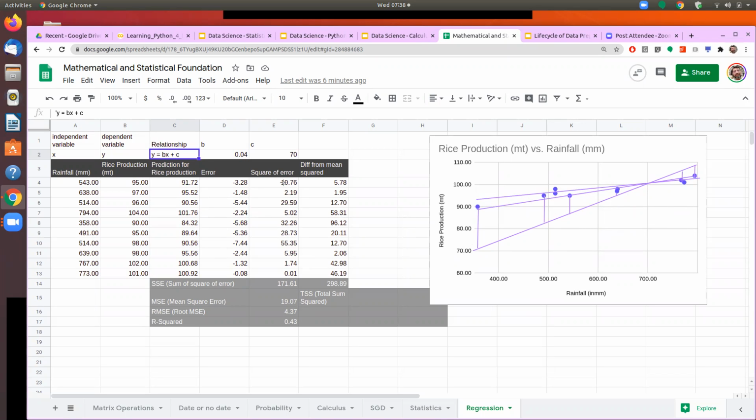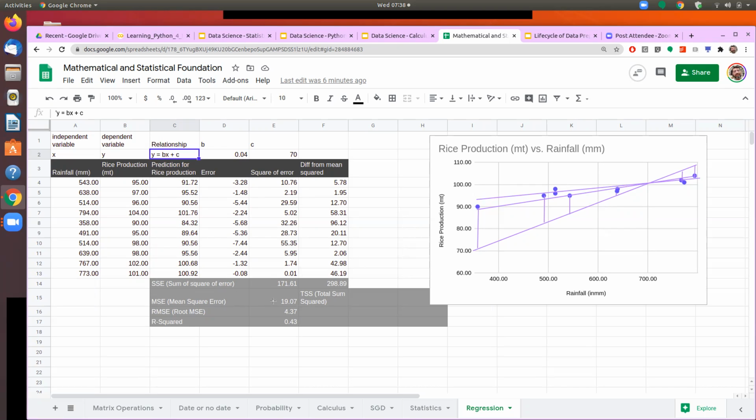Now on a very similar line to what we had taken when we were computing the variance and the covariance, we sum these errors. That's called the sum of square of errors, or SSE. Then we sum it, and then we take the average or the mean of it. Again, the same principle, we divide that by n or n minus 1, depending upon whether we are dealing with the population data or sample data.